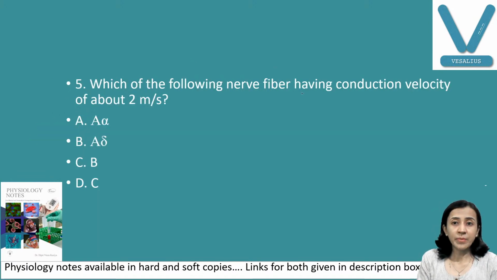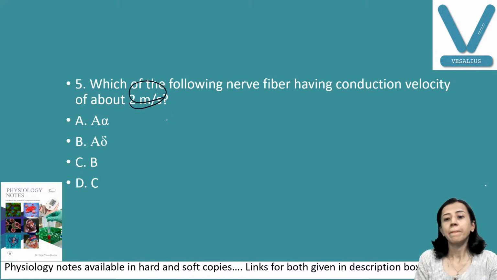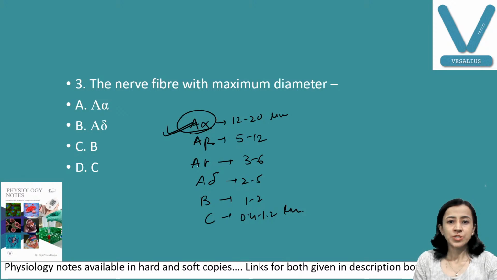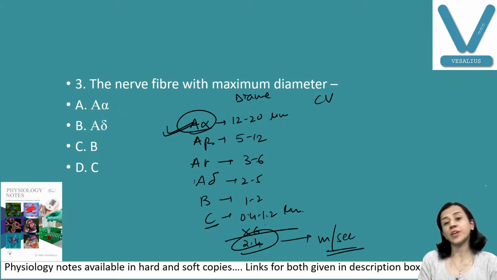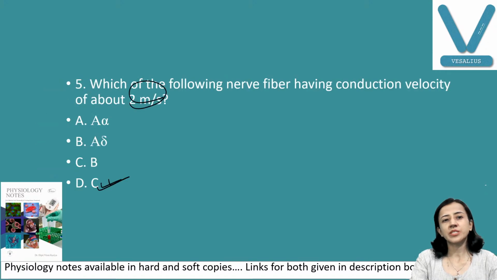Which type of nerve fibers has conduction velocity of 2 meters per second? Okay, this is by C fibers, as I told you, we have discussed this one. This is the C fiber diameter. Now, for conduction velocity, multiply this by 6. 6 fours are 24. So this is your 2 meters per second. This way you can remember that for C fibers, the conduction velocity is 2 meters per second. Fine. Next,